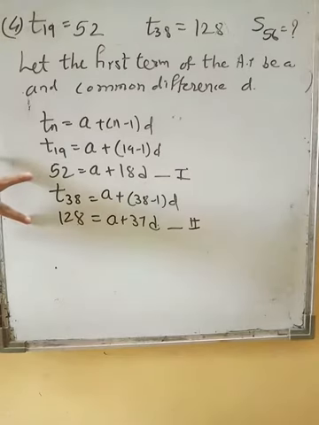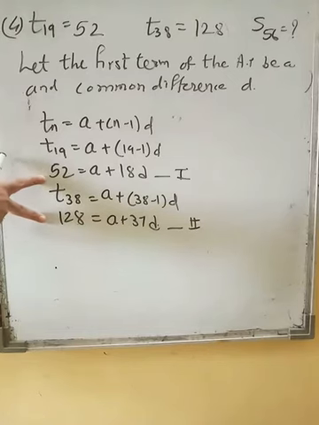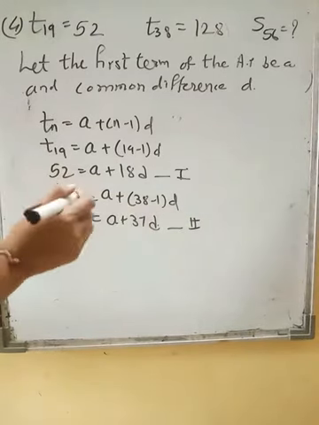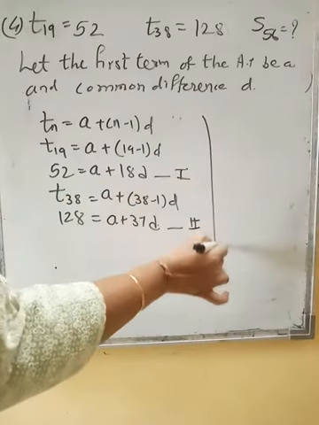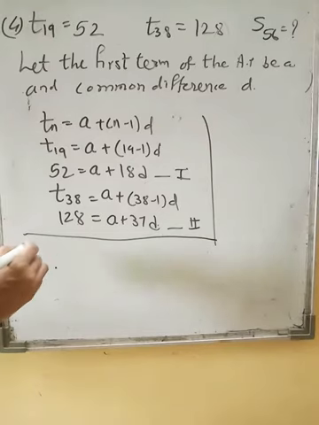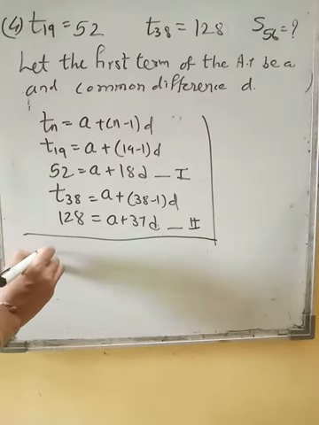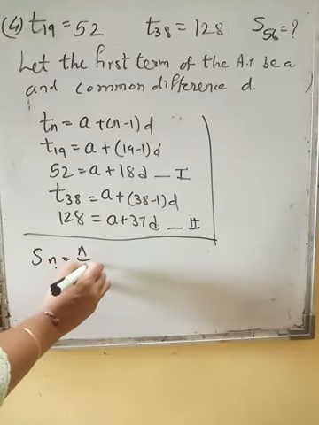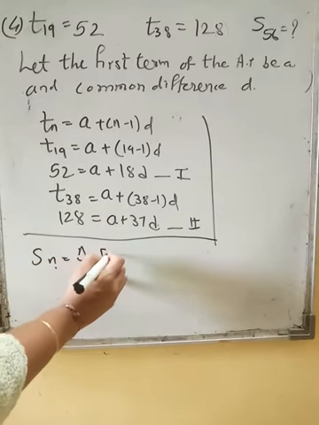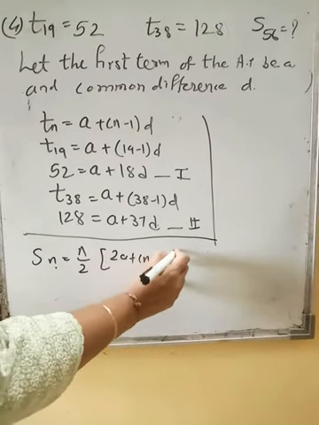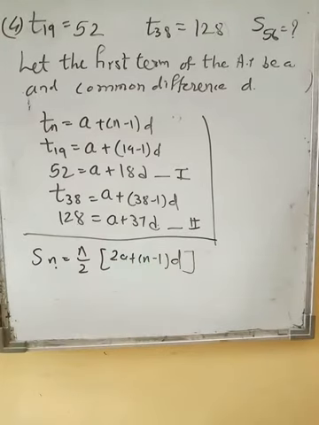Now this much is there, children. We can find out d, a, etc. by solving this. But I'll just show you the shortcut way also. Now what formula do we have for Sn? For Sn we have the formula n upon 2 in the bracket 2a plus (n minus 1) into d. Right? This is the formula.